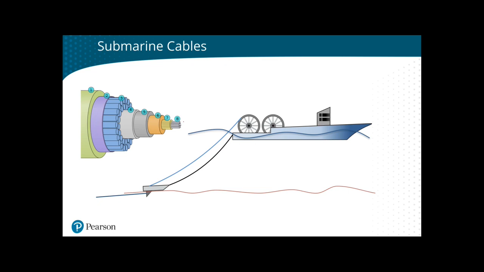Anyway, what they do is they have a specially designed ship or barge, particularly in seas like the Mediterranean and in bays. They'll use barges to lay undersea cables instead of full-on ships. They'll just pull the barge with a tugboat. But anyway, this is kind of what they do. They have a cable reel or a bunch of cable reels, and that cable reel drops the cable to a sled, and the sled is dropped using a crane off the side of the boat,